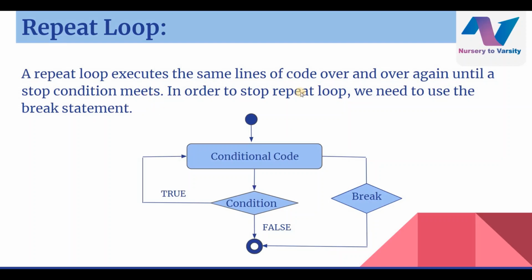Whenever our stop condition is met, we want our loop to end and we want to jump to the very next statement out of the loop. So in order to jump out of the loop, we need the break statement. So now we will see the jump statement, that is the break statement, and the repeat loop, how they work